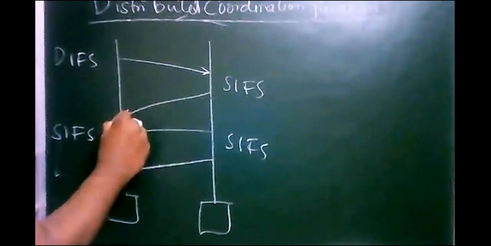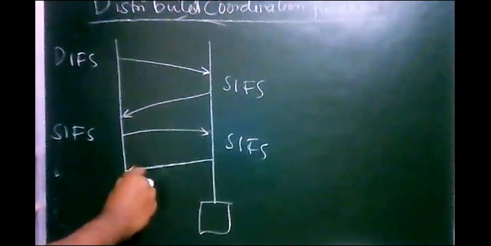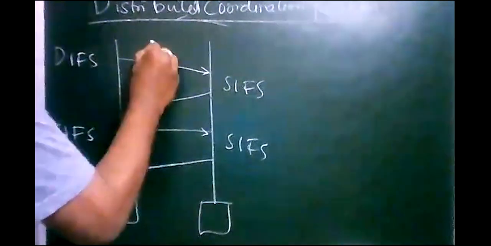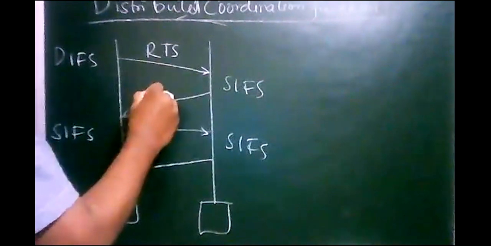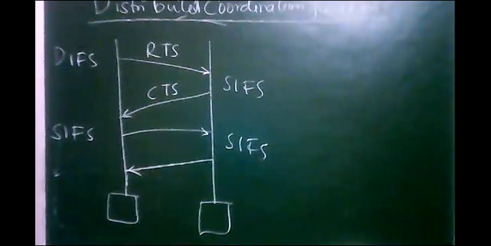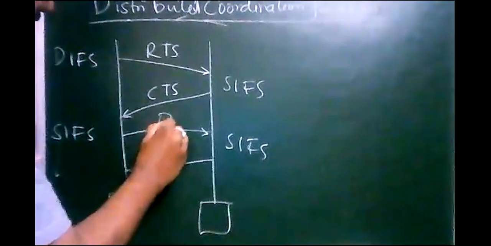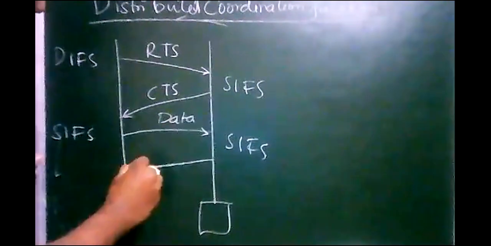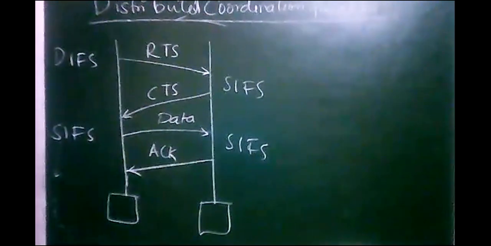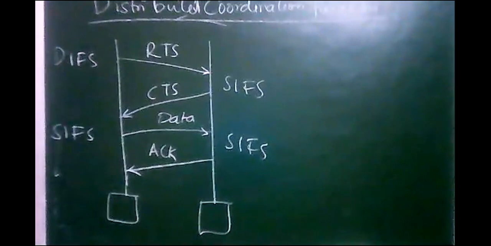This is RTS, this is CTS, and after that data will be sent. Next after that ACK, this is acknowledgement. So what is happening here is,